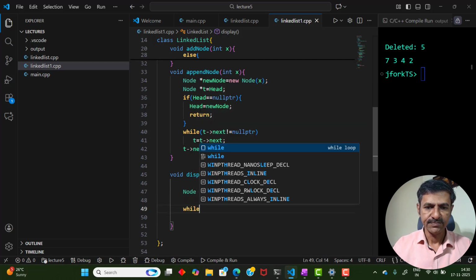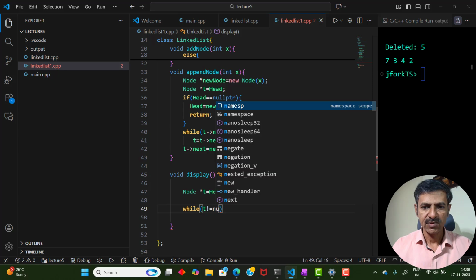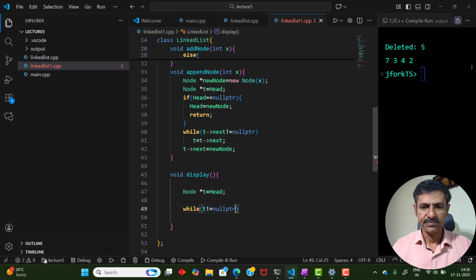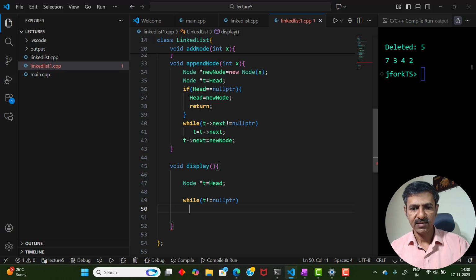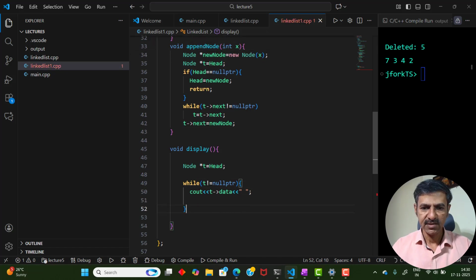So while t not equal to null, because we should reach till the end, right? Not t arrow next equal to null, otherwise the last node will be left out. Cout t arrow data, you display whatever that is there, and before you loop back you should make sure that t is advanced to the next node. So t equal to t arrow